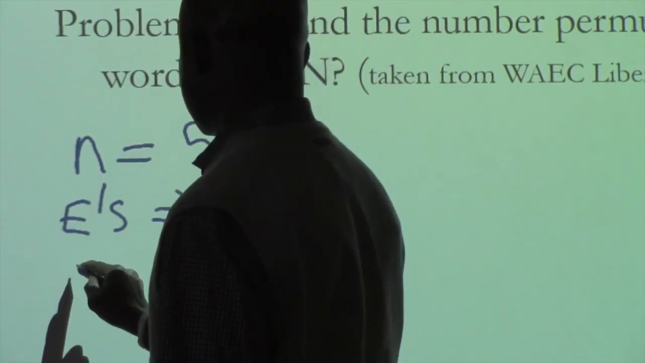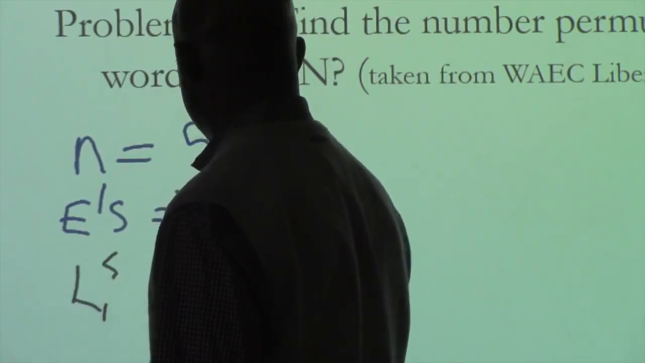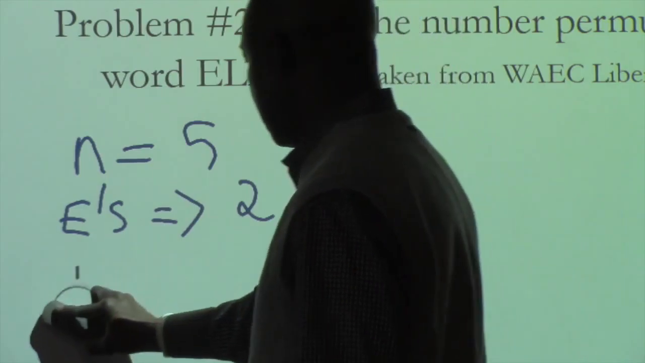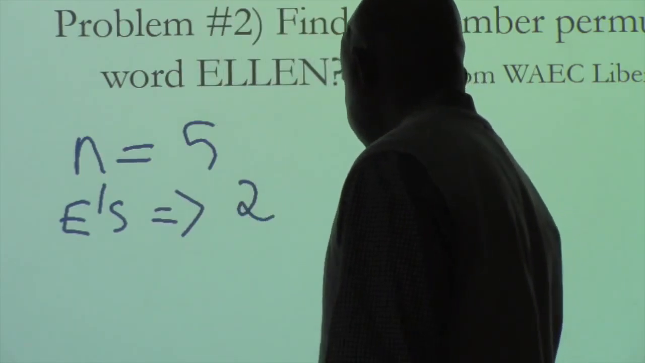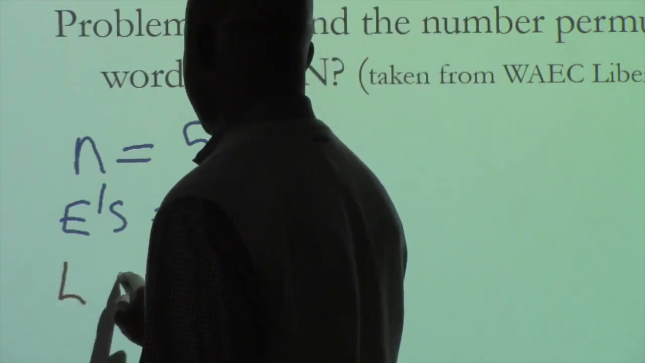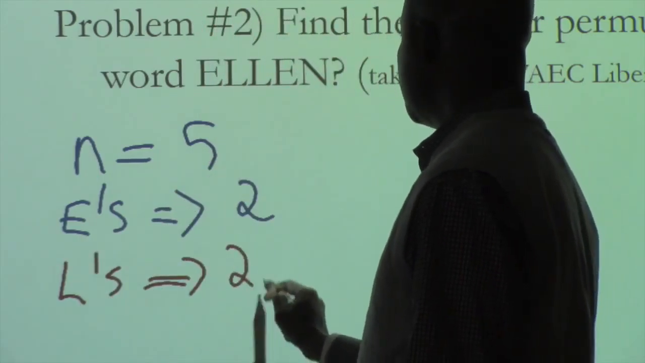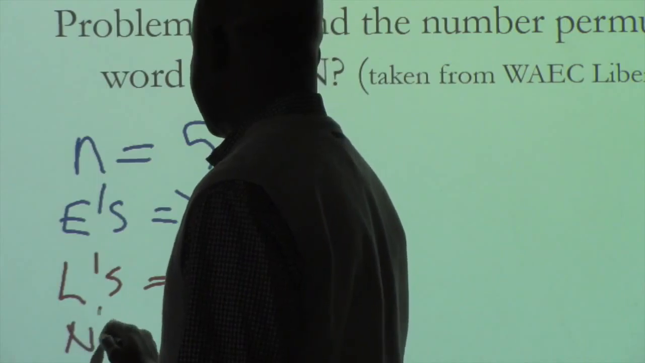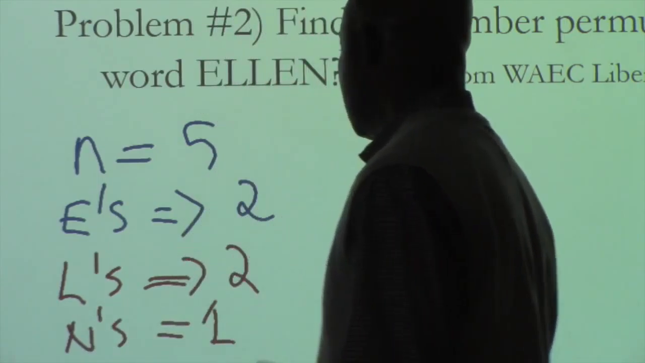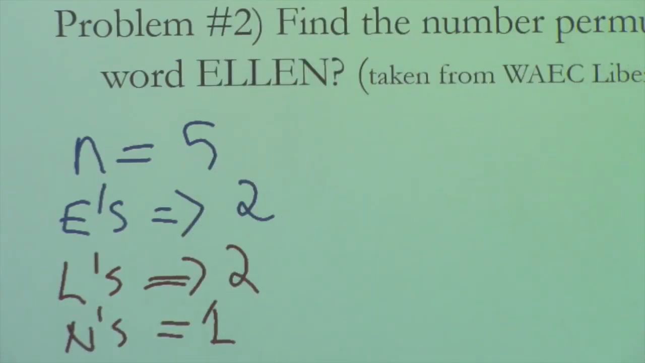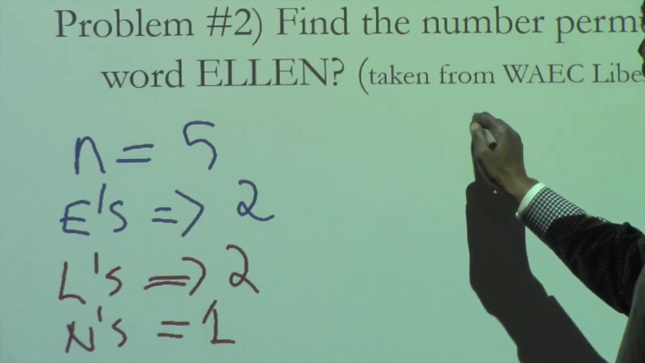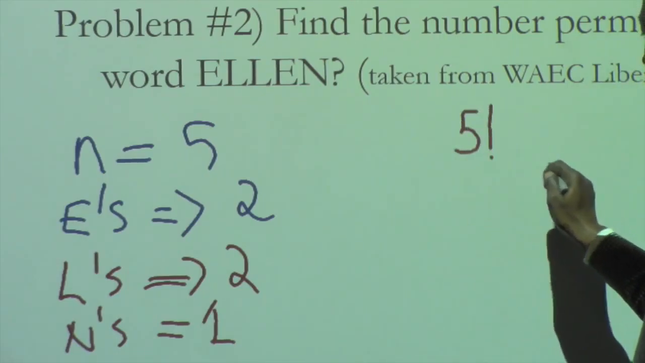The number of L's we have, how many L's do we have? 2. And the number of N's we have will be what? 1. So, we can use this formula that tells us that to do this, we have to do n factorial